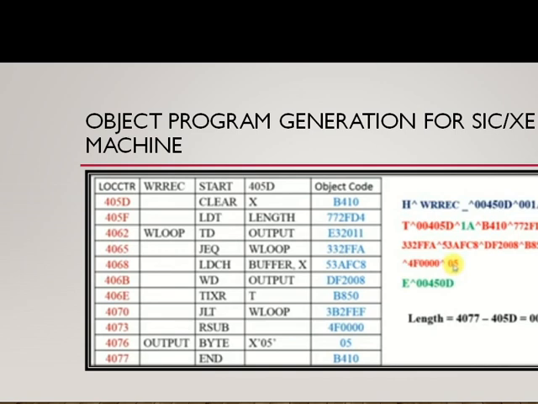So that is 00450D. It should be 6 digits in length, so we add double zeros at the front. This is how we will generate the object code and the object program for the SIC machine architecture,